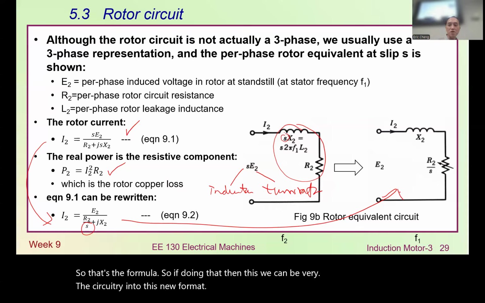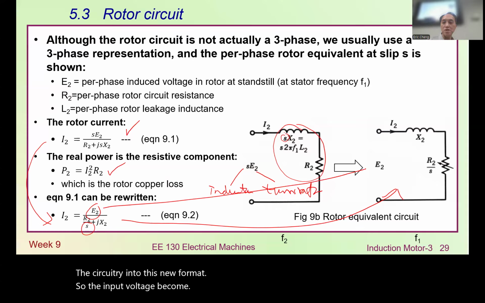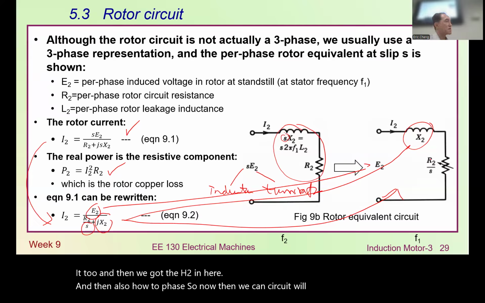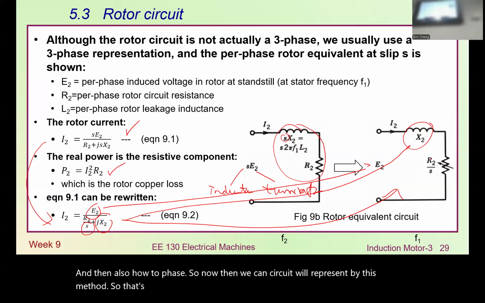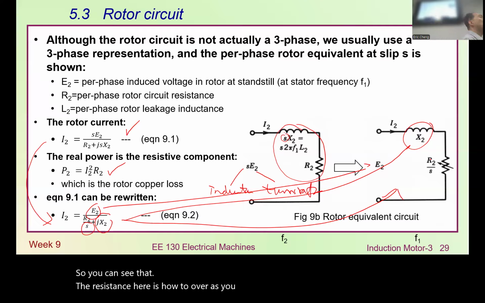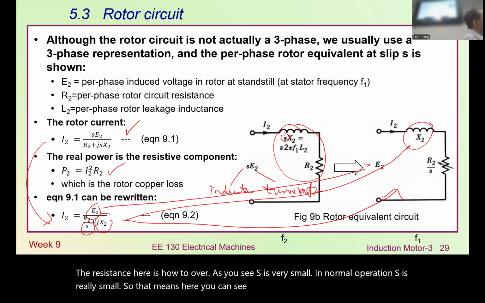If we do that, we can rewrite the circuitry into this new format. Now the input voltage becomes E2, and then we have the X2 here, and also R2 over S. So the circuit can now be represented by this method. That's the rotor equivalent circuitry. You can see that the resistance here is R2 over S. S is really small in normal operation, so R2 over S can be really large,